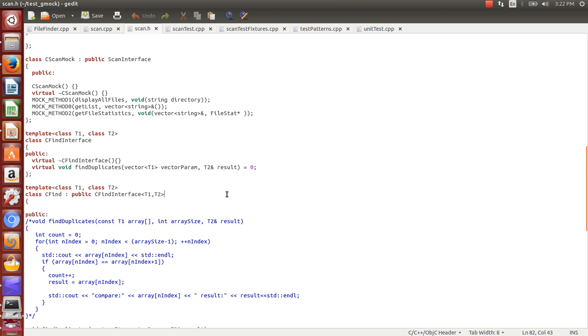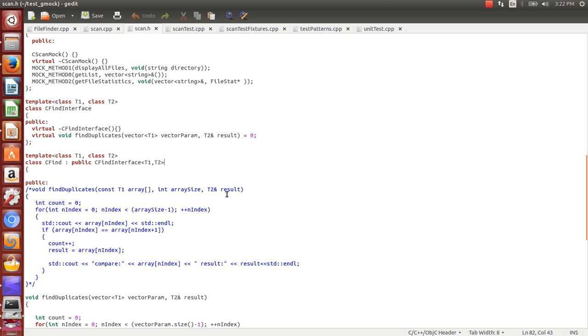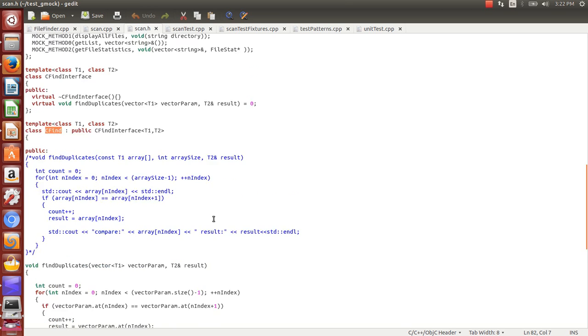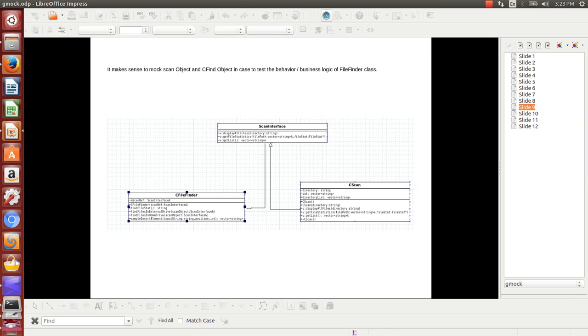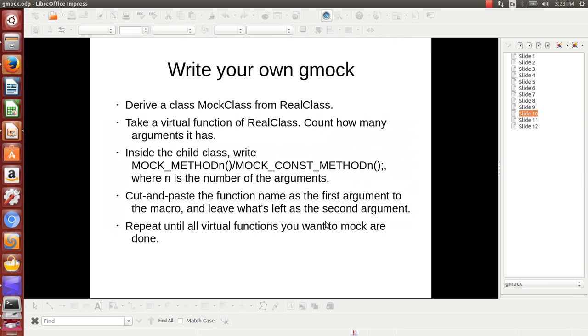So something like this. For that we have defined a cfind interface, and we have a cfind class for the similar thing. So on the whole, we have now 5 classes. This is the example that we are going to understand further in our project. Okay, so with this understanding,